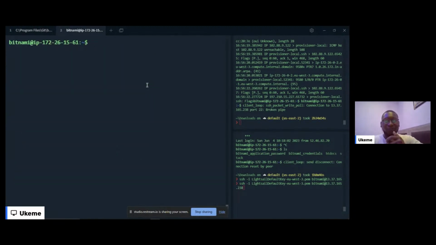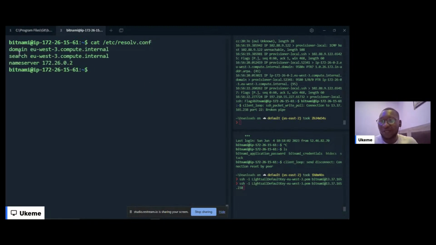And then what that slide was saying is you can actually add a domain resolver in your system, right? It is usually in this folder. So if I cat /etc/resolv.conf, you can see what we have here. We have this domain from EU West.